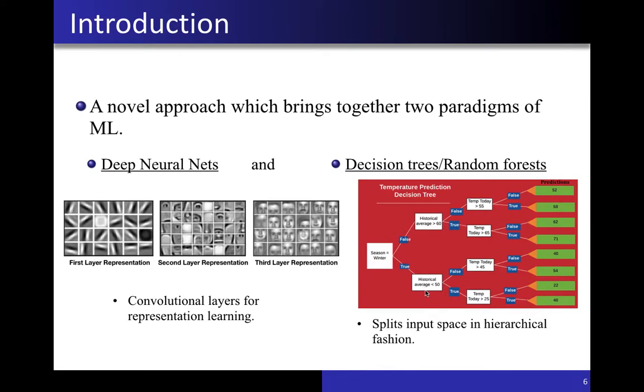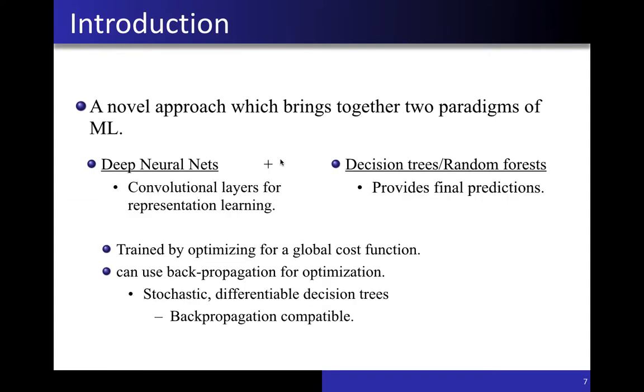Each node here represents a condition. These are called the decision nodes. So based on this, the sequence, the path of the decision would be followed, and in the leaf we get the predictions. So when we use a bunch of these decision trees as an ensemble, we call it a decision forest or a random forest.